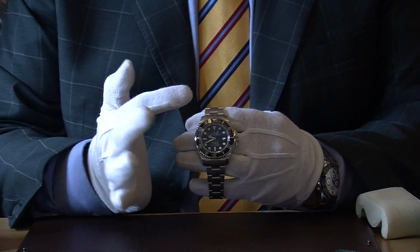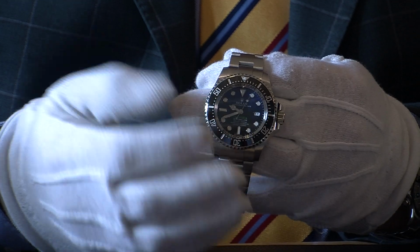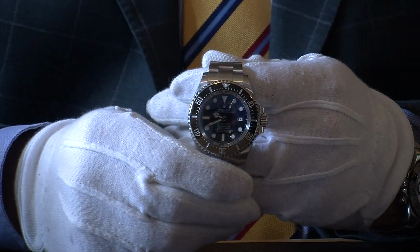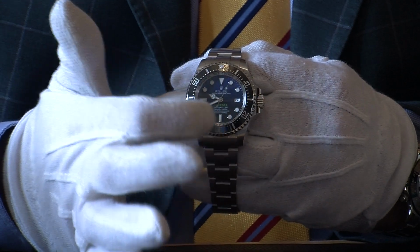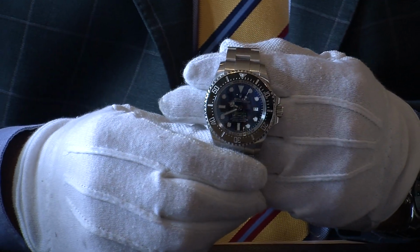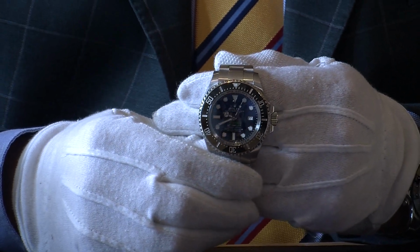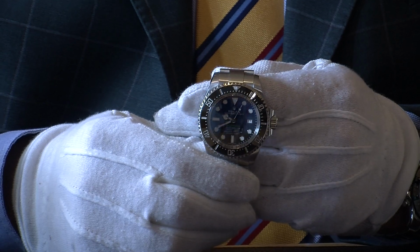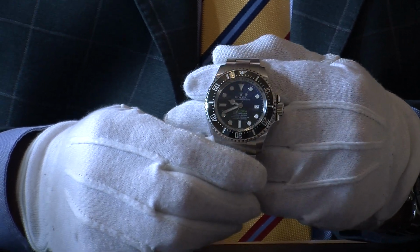So starting from the top, the bezel here is made in 904L grade stainless steel, all made by Rolex in-house, but inside the bezel it's ceramic. The older Rolexes were aluminium. They moved to ceramic because it's a bit more durable, doesn't show the scratches or dents so easily. If you dropped it on concrete, you'd probably fracture it, but you'd be really unlucky, but